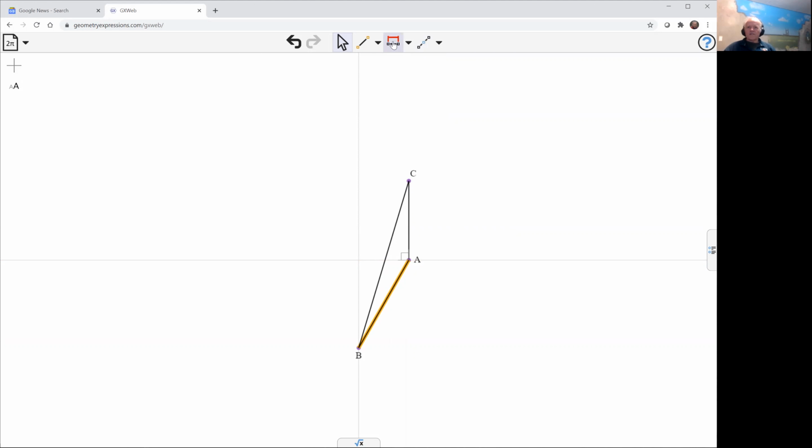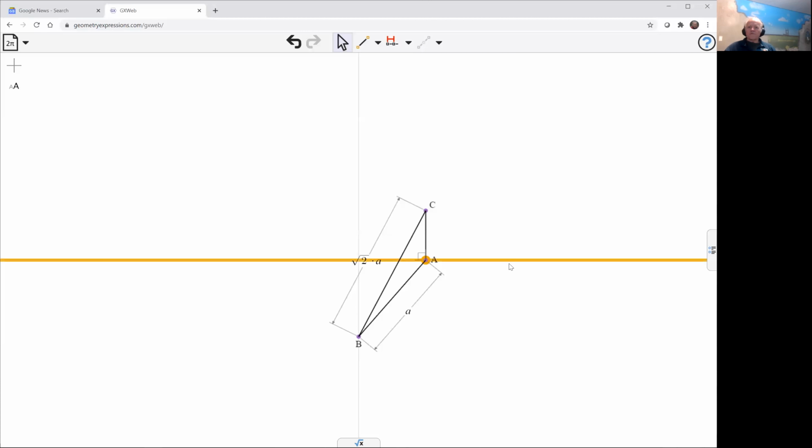This length is A. This length is √2 times A. And we can move A, the point, backwards and forwards along the x-axis. We can parameterize that motion by parameter t. And then the point we want to trace is C,